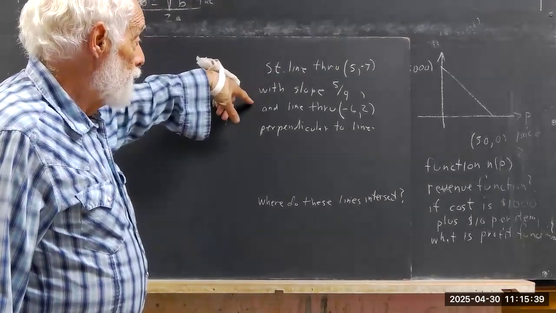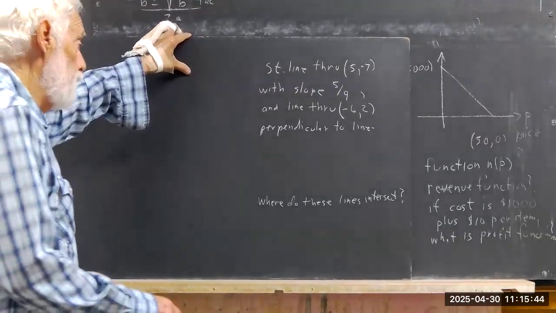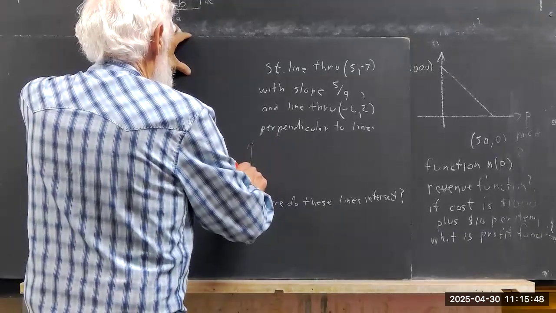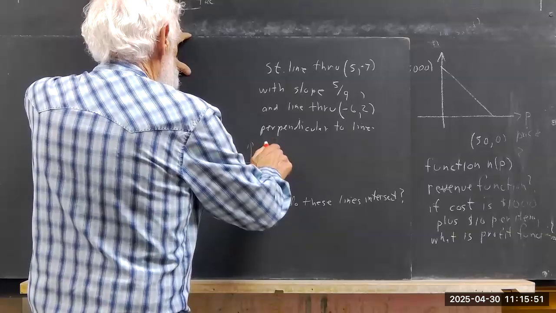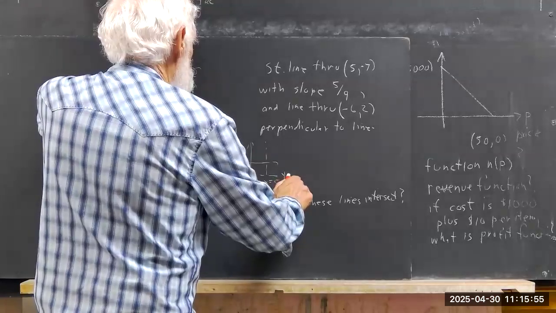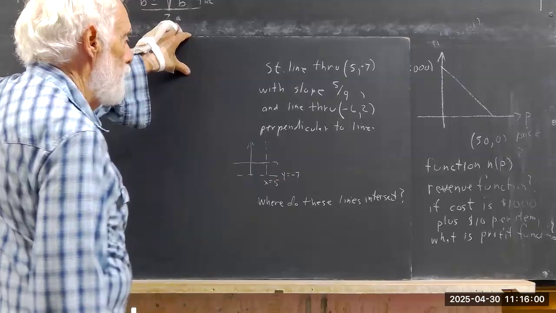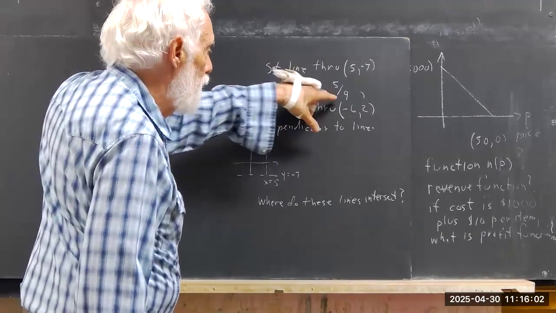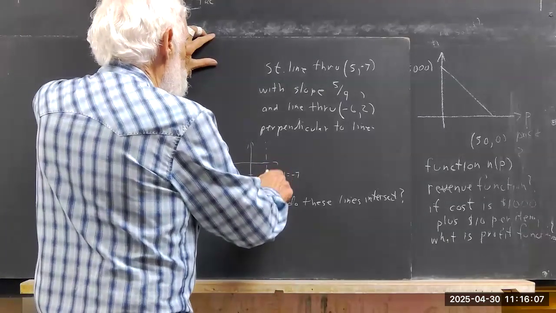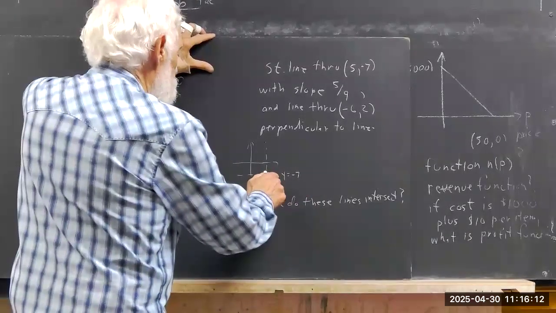But anyhow, to get a straight line through here, there are many ways to do it. I would suggest that you sketch a graph. So here's x equals 5. Let's say here's y equals -7. And you get the slope of 5/9. That means if you move over 9 units, you go up 5. So we have this point,